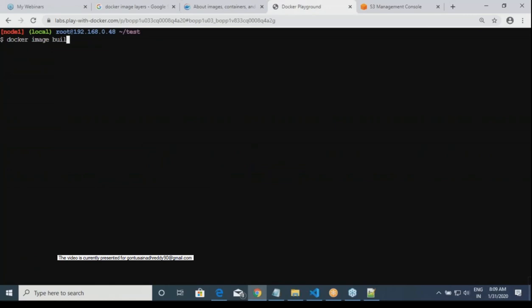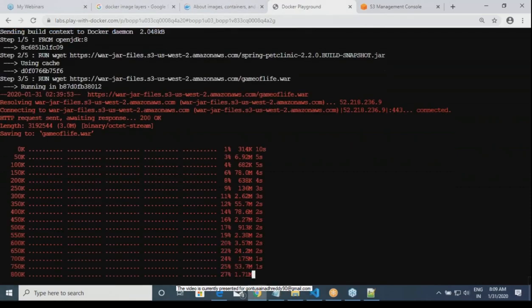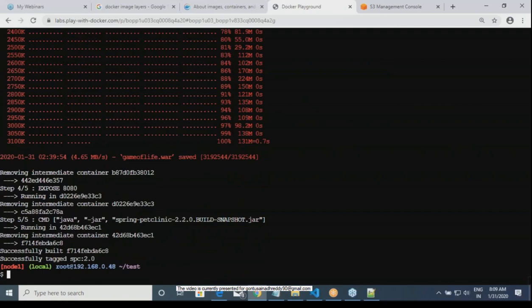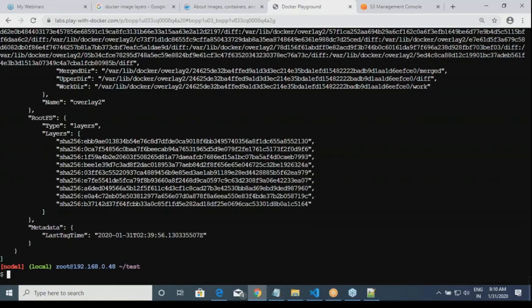What is the command? build -t spc:2.0. Now let me do docker inspect spc:2.0. You can give the name of your image or the image ID. Okay. I got